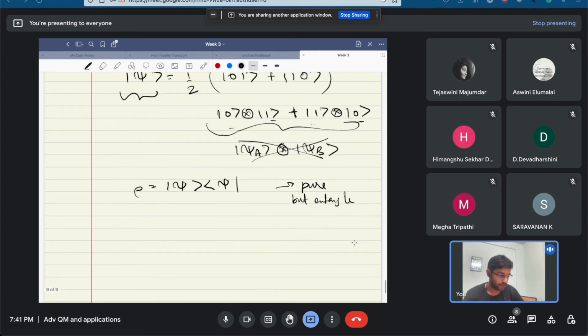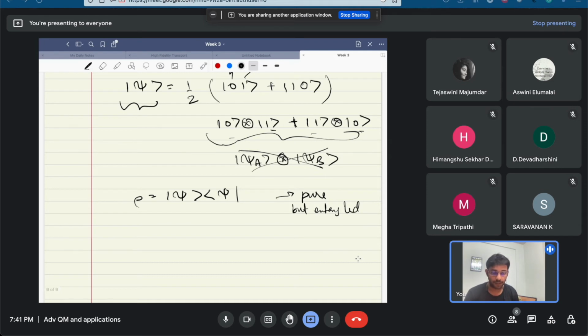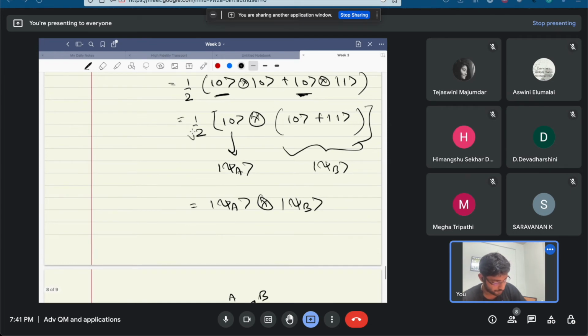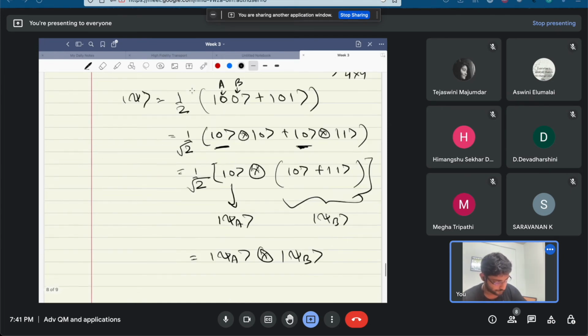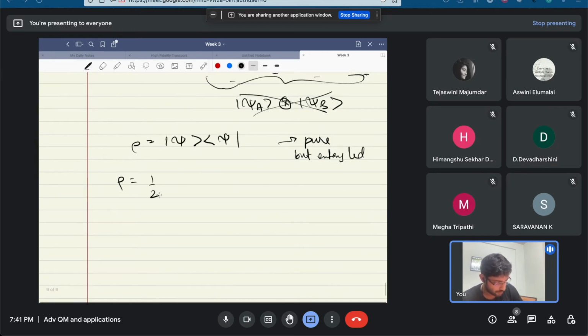Now you can actually choose some states which are not pure and entangled, and they are much more complex. For example, I'll just give one example here. Let's say you consider a density matrix in the form 0 0 0 1. So you have seen previously that all types of possibilities can happen. So if you consider such a case,